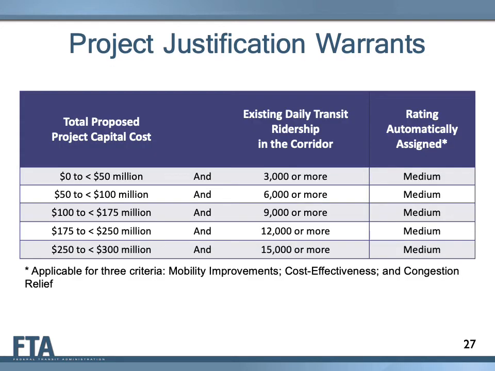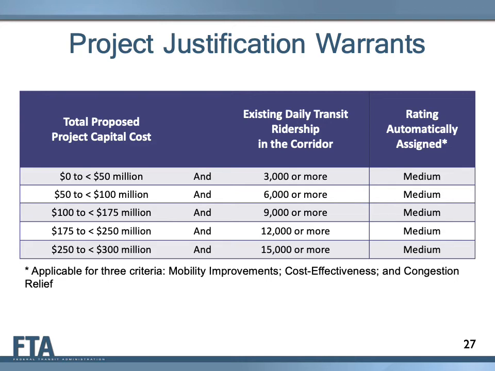This slide shows the project capital cost and existing transit ridership parameters a project sponsor must demonstrate for its project to qualify for project justification warrants. The parameters are basically a sliding scale. The higher the capital cost of the project, the more existing transit ridership there must be in the corridor today to qualify for warrants. So if the cost of the project is under $50 million, the project sponsor must demonstrate